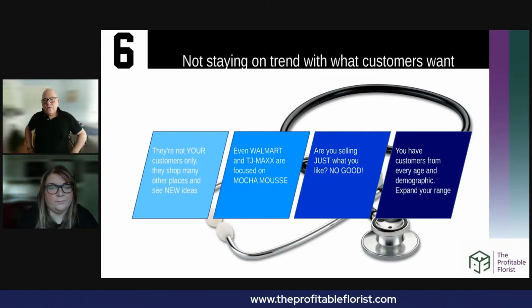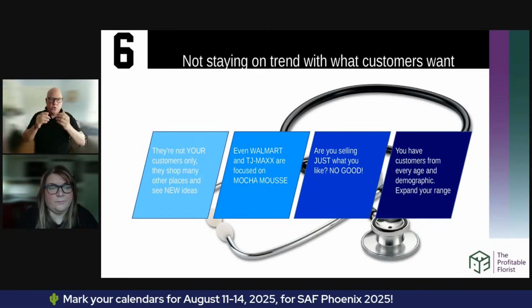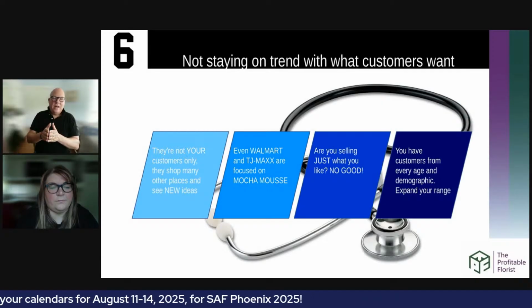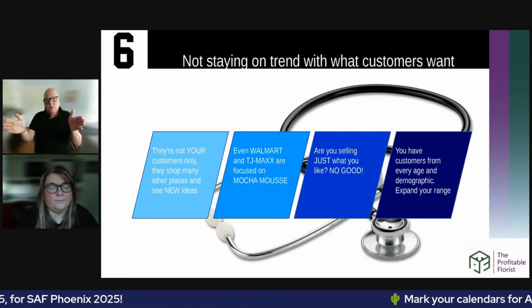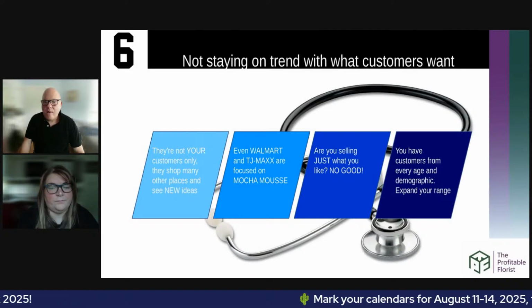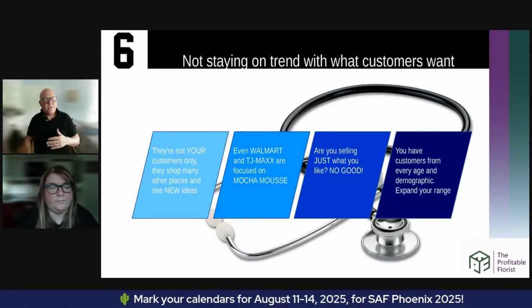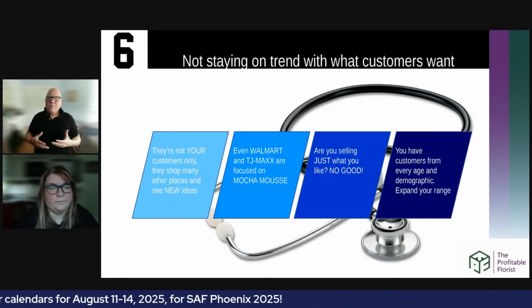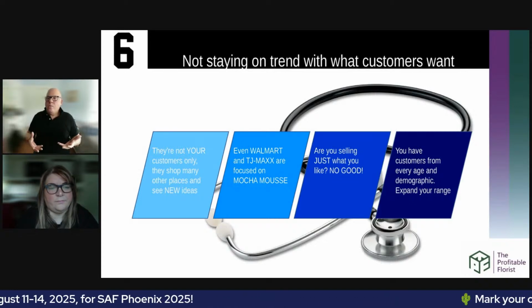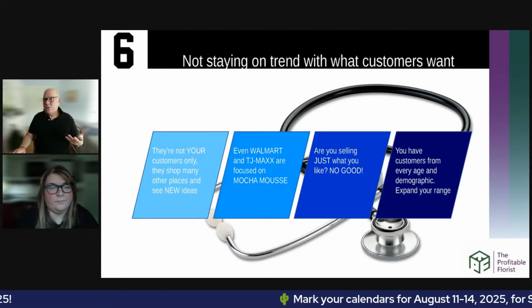And you can't sell just what you like. You've got to offer a wider variety. I'm not saying that you shouldn't be branded. I'm not saying that you shouldn't have an aesthetic, but we need to get from here closer to here. And remember that you've got people coming in from every age, every demographic, every ethnic group. So we want to be a little bit more open-minded about the styles that we're offering, and also even the